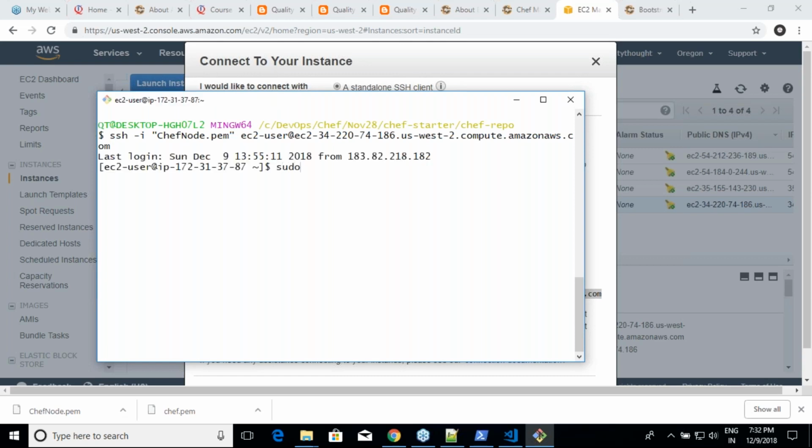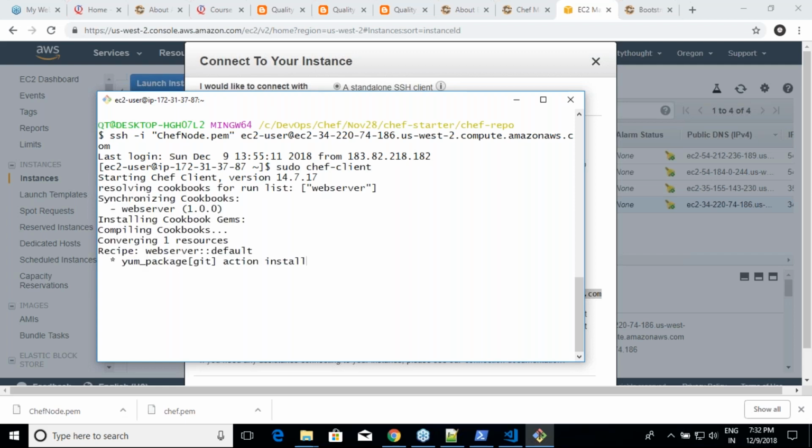Now sudo chef-client. Simple. Better than adding recipes and run list. So I am executing this command because I cannot wait half an hour. Right? Okay.